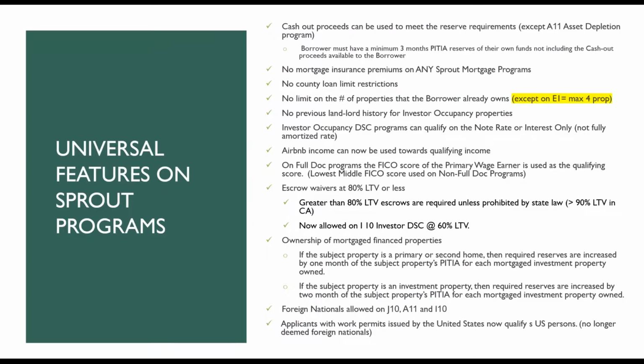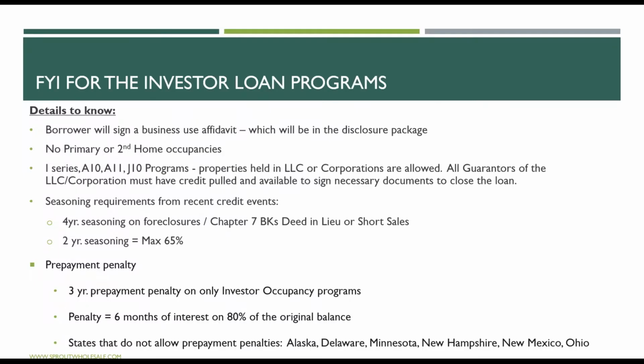And then for your reference, we have our universal features on the Sprout programs. Definitely refer back to this. And then for the main topic, our investor loan programs, details to know. The borrower will sign a business use affidavit, which will be in the disclosure package. No primary or second home occupancies. The I series, which would be your I-10, the A-10, A11, and J10 programs, properties held in an LLC or